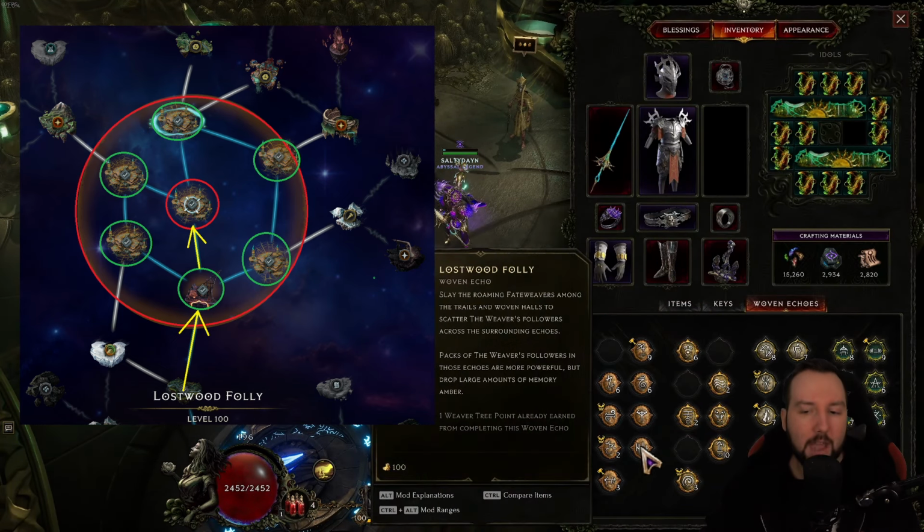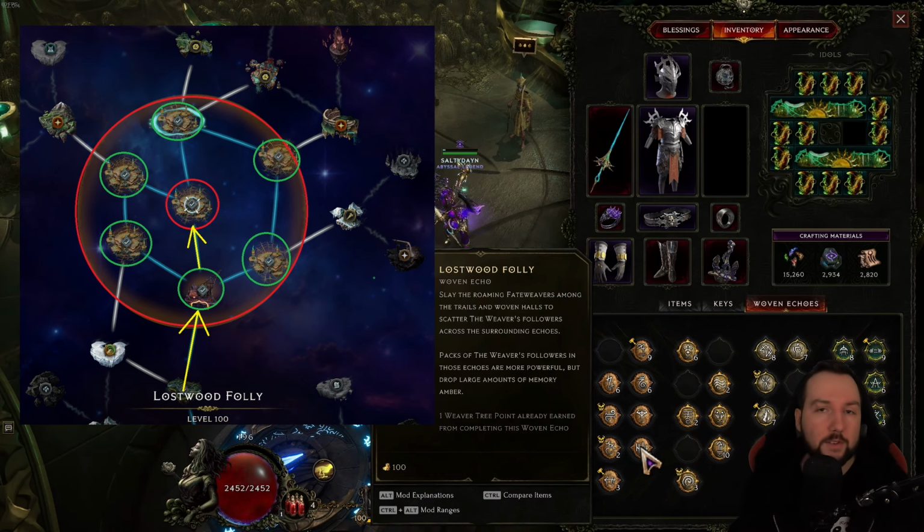I don't know if I have one. I have one. There we go. It's a Lostwood Folly. This is basically a node that will hold all 3 of the Fate Weavers for you